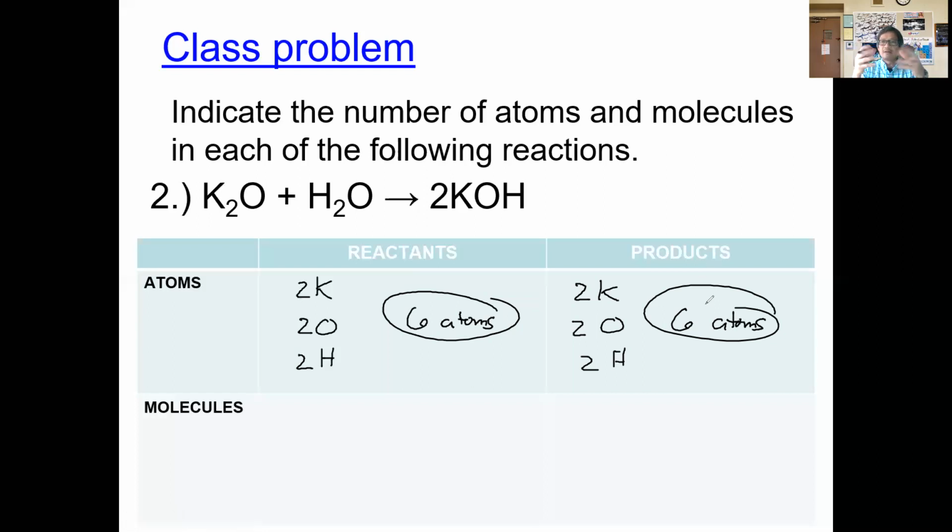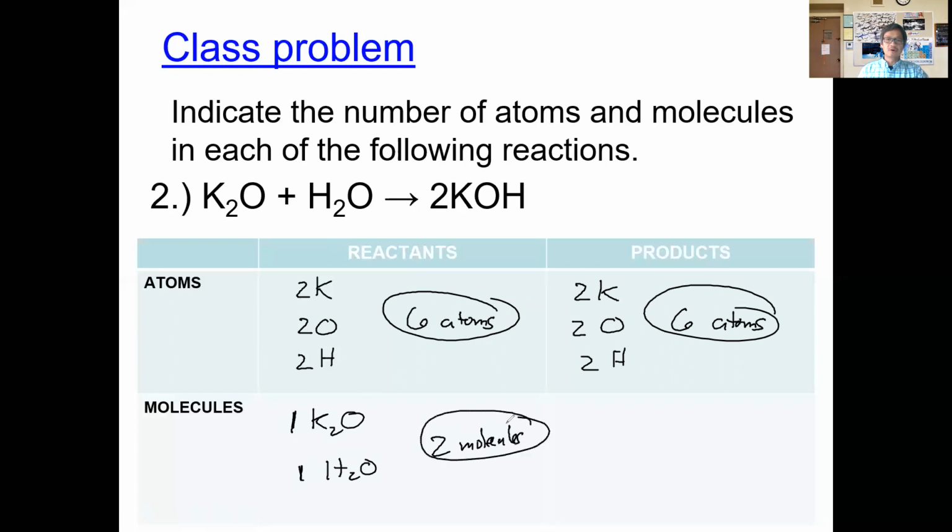So we've counted individual atoms. Let's go ahead and count molecules, okay? Count the compounds. We start out with potassium oxide, and we have 1 of those. We have water, and we have 1 of those. And so we start out with 2 total molecules,